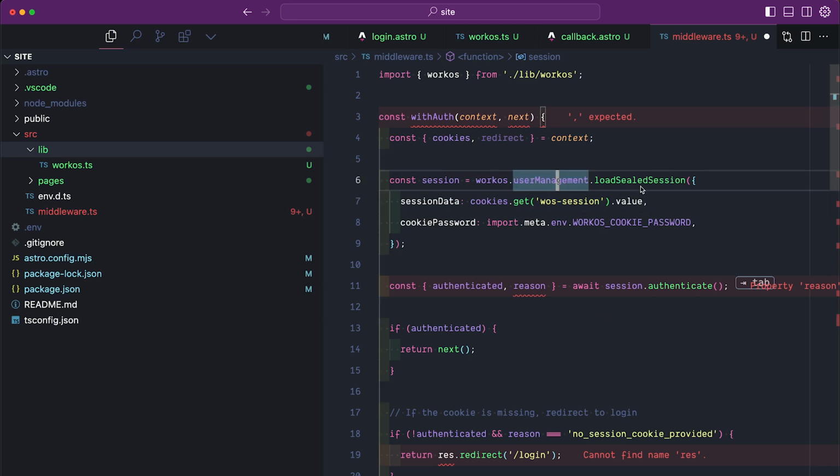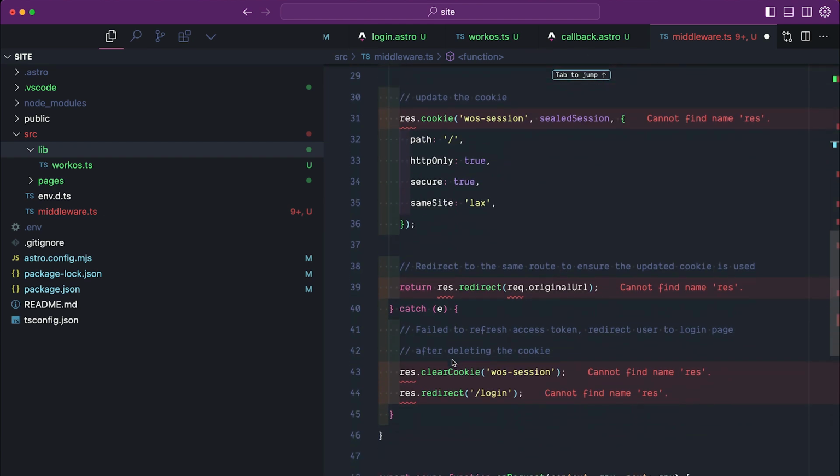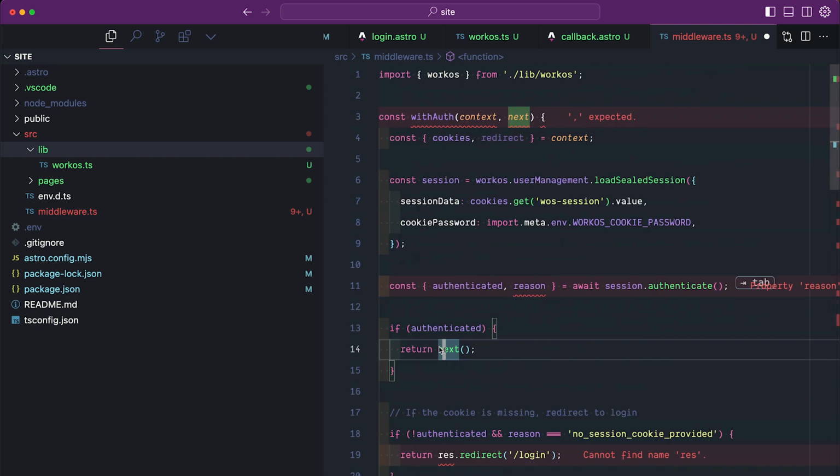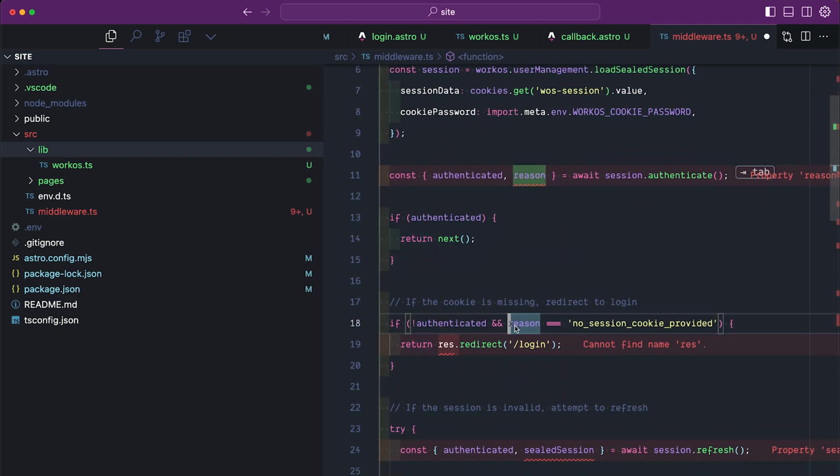So once it's loaded, then we can use the session information. We can call an authenticate function that comes with it to get a value called authenticated to determine whether, true or false, the user is authenticated or they're not. And if they're not, it'll also provide a reason. So if they are authenticated, then we can just return next, which will pass them on to the next layer of middleware. But if they are not authenticated, then we want to go ahead and take a look at the